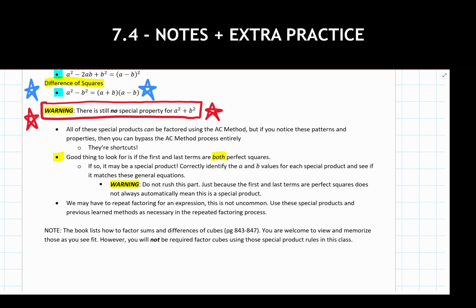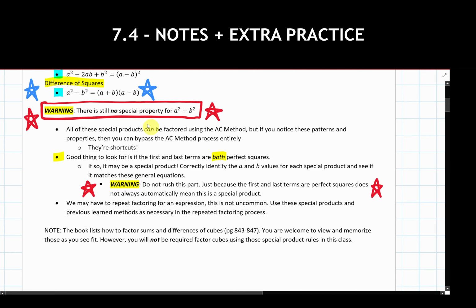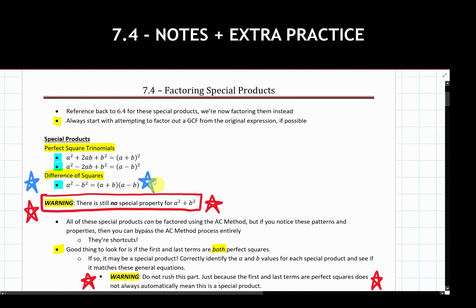And again, as mentioned in these notes here, when you are going through and trying to identify, is this thing a perfect square or not? Well, the first term's a perfect square, the last term's a perfect square. That means this whole thing is automatically one of my special forms. Absolutely not. Do not rush the process of going through and double checking. Does what I've been given align with one of my more original formulas that we have written down for ourselves?